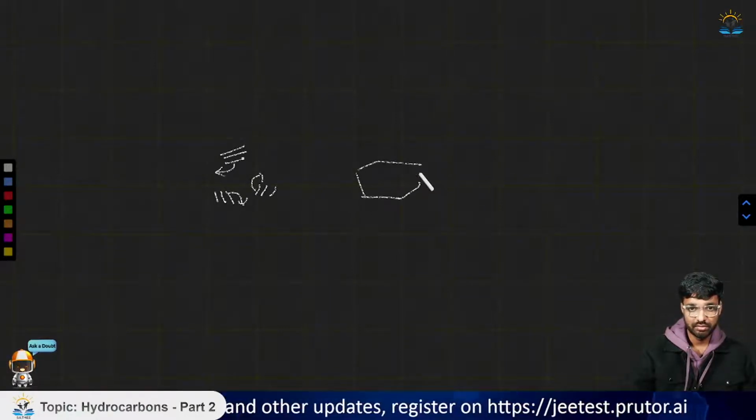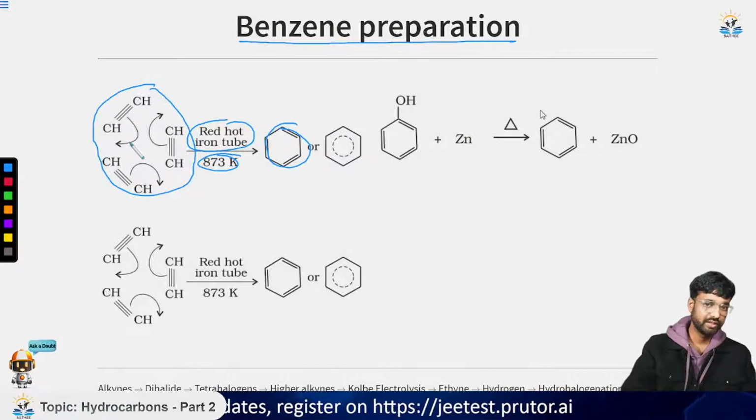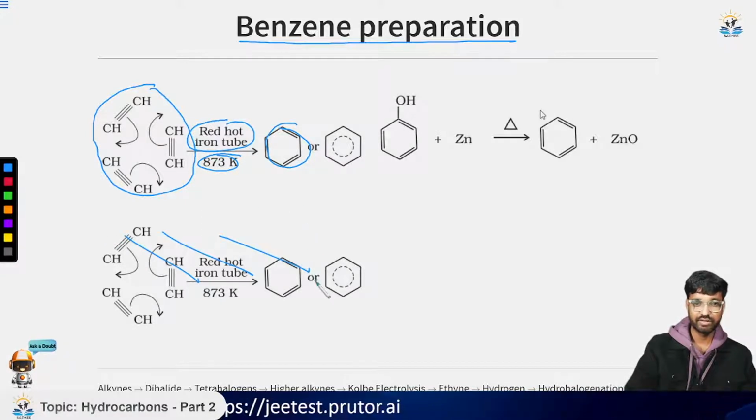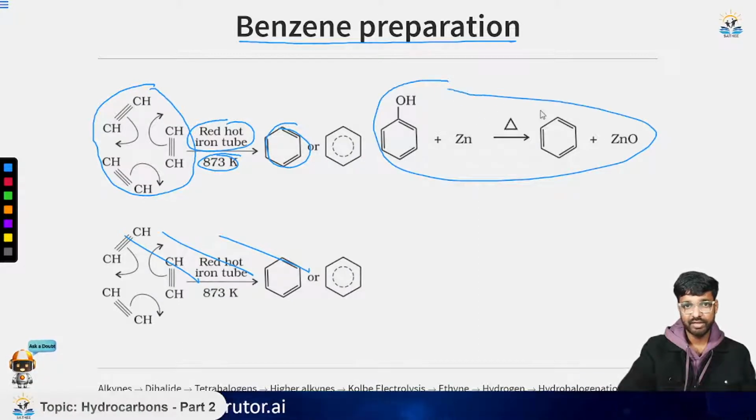Then we will get this bond formation like this. So the same thing is written here. So it is a concerted mechanism. It happens in one step. Okay, sorry for this, it is written twice. Now the next, we are taking a phenol and doing a reduction of it in the